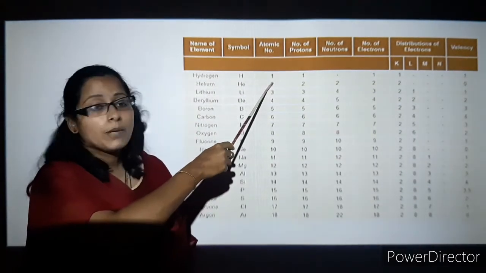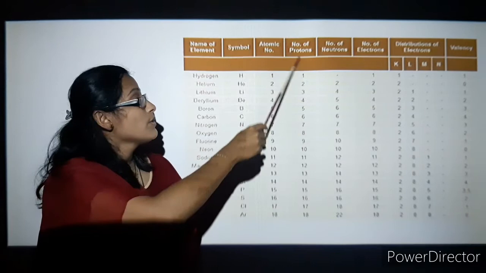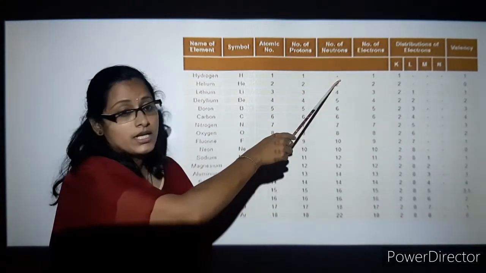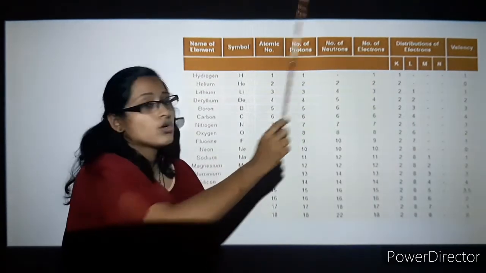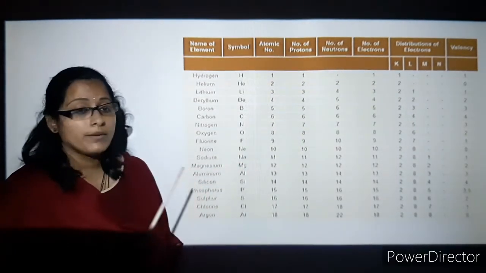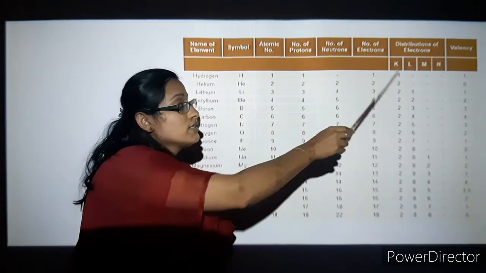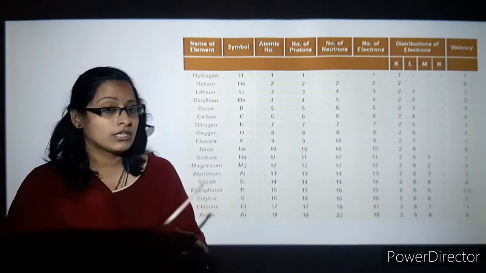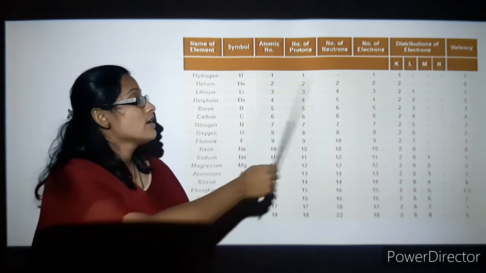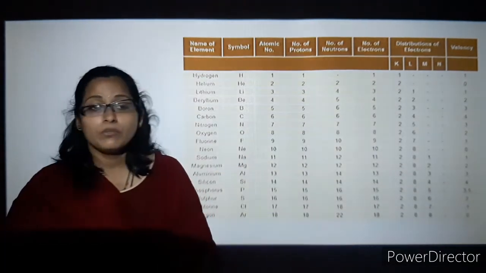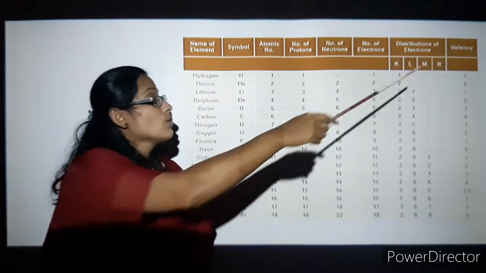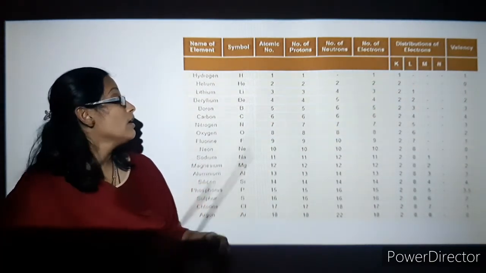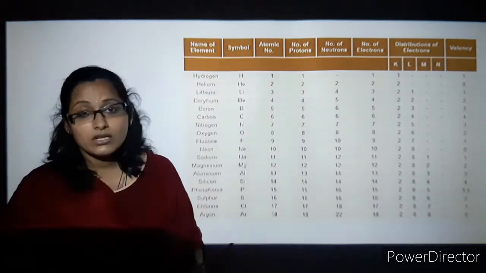So your atomic number is 1. So number of protons also 1. So number of neutrons is nil here, 0. So number of electrons also will remain as 1. So here you can see that K shell, as I told, K shell should fill 2 electrons. So now hydrogen has only 1 electron, but we cannot help with it now. So valency is 1. So this can be filled by using another hydrogen atom.